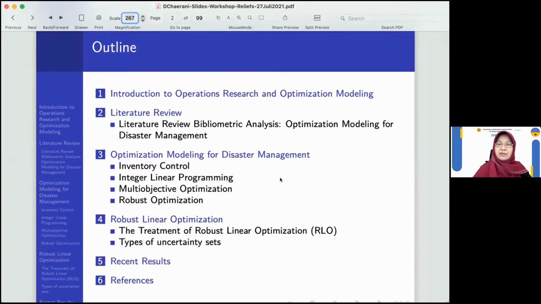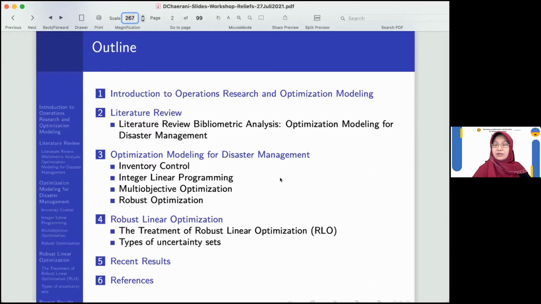This is the outline of the material that I would like to present. This is the introduction to operations research and optimizations modeling. Then there is a short literature review to show how to find the keyword, so that the keyword of robust optimizations in terms of disaster management could be a keyword that is still open widely for research. Then the optimizations techniques are very broad and many, and here we are trying to limit it to some of the methods